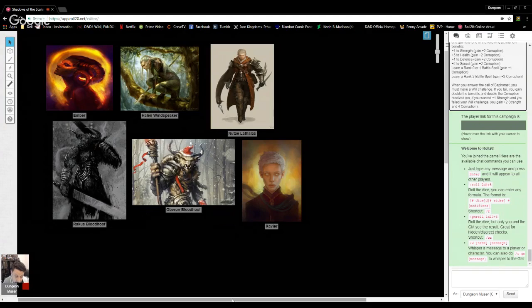And at the time I didn't know what that was going to be, and Ember's player, James, didn't know what it was going to be, but he knew that he wanted to have this kind of mysterious connection there. So she became, she wasn't a sorceress, she was a wizard. So Ember was going to be the wizard with this infernal power.